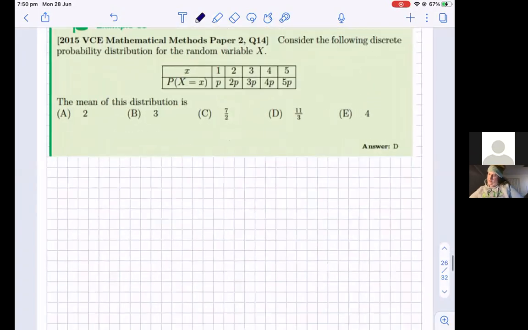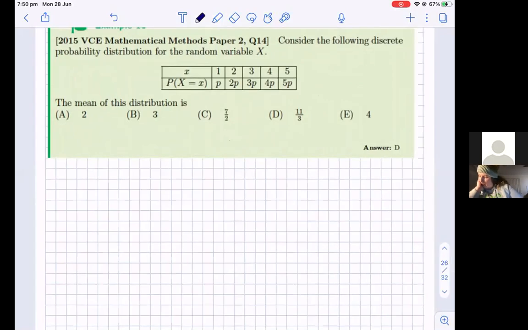Consider the following discrete probability distribution for the random variable. The mean is what? Well, let's start off by trying to find P. We know all these probabilities have to add up to 1. So we know P plus 2P plus 3P plus 4P plus 5P equals 1. So we know 15P is 1, so P is 1 on 15, which means the mean,